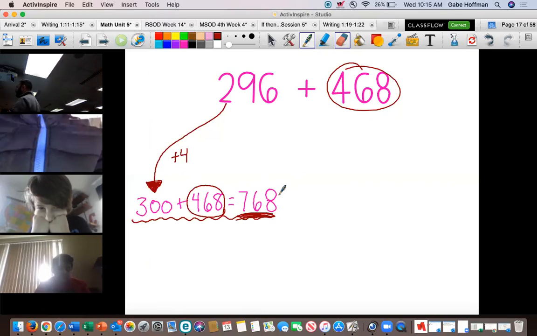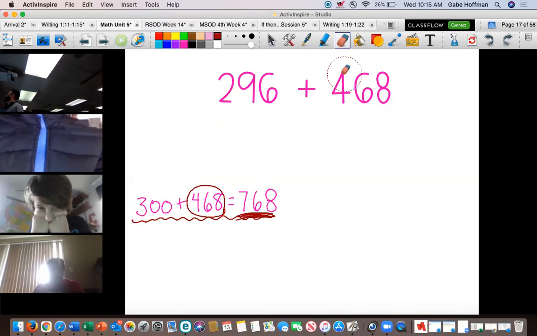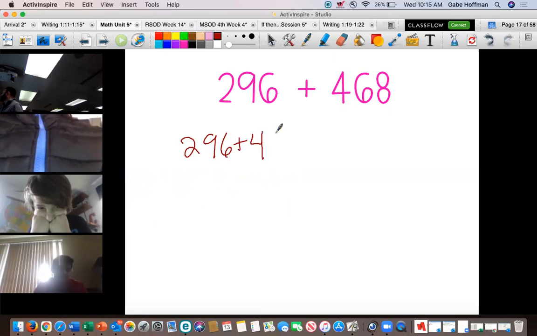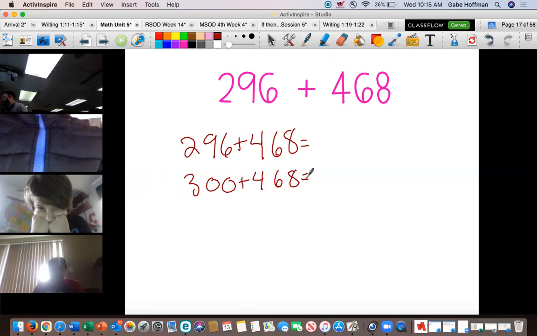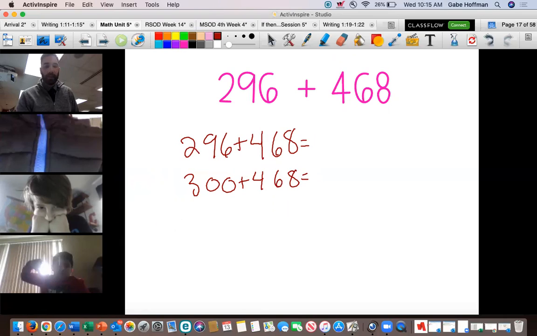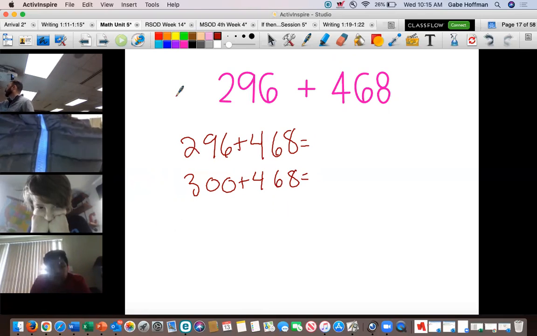Now look, so basically what you're saying, when you give me a thumbs up, is you're saying I'm going to be right this way. You're telling me that 296 plus 468 and 300 plus 468 have the exact same answer. Do those have the exact same answer? No, right? We had to add 4